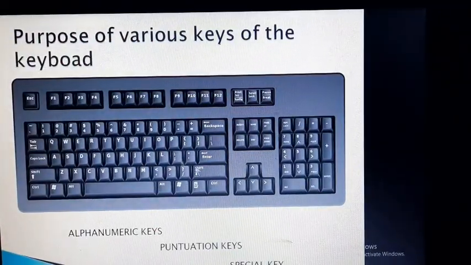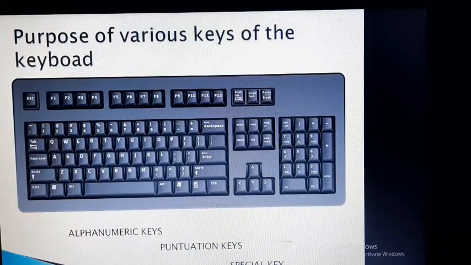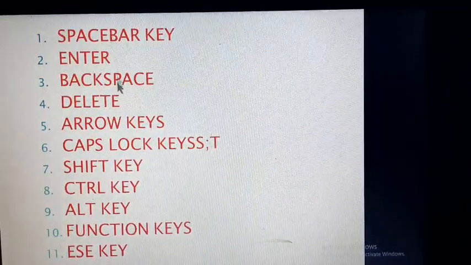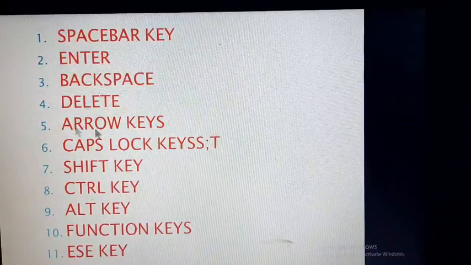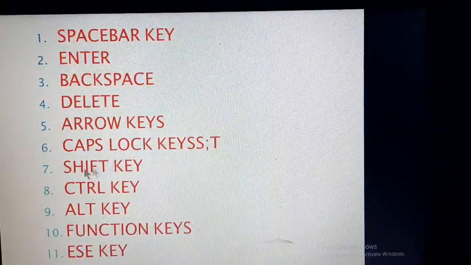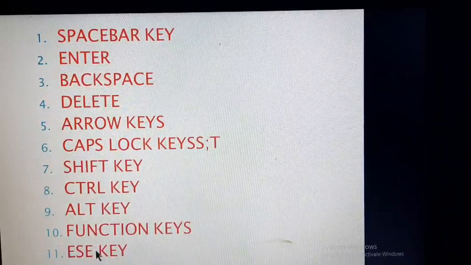This is your keyboard having three types of keys. One is alphanumeric keys, second one is punctuation keys, and third one is special keys. These are the special keys: spacebar, enter, backspace, delete, arrow keys, caps lock key, shift key, control key, alt key, function keys, and escape key.